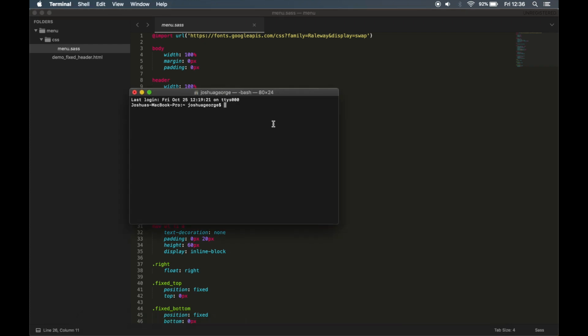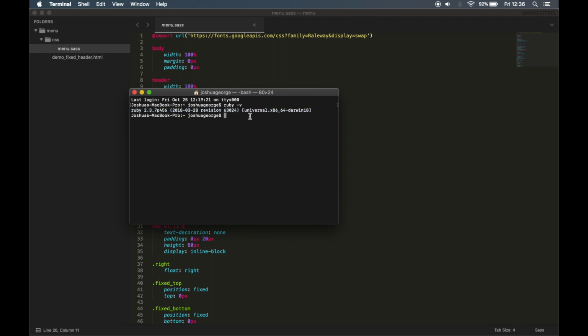First thing we're going to want to do is check what version of Ruby we're running. If you're not running any version of Ruby, you will not see this response. You will see something else. You can then head over to YouTube or Google and search for how to install Ruby on the specific operating system you are using. If you do receive the message like I have here, then you can go ahead and